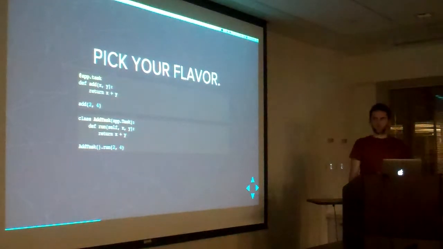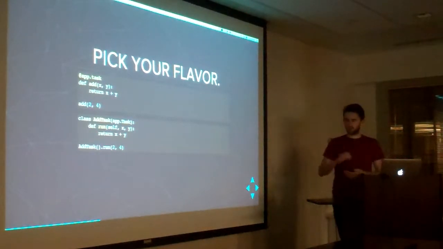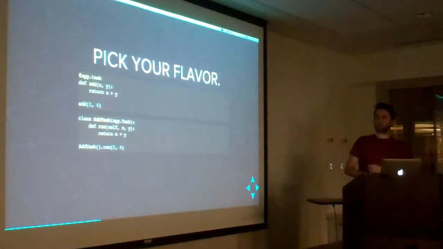Cool. So I mentioned before this app.task decorator transforms your function behind the scenes. Celery gives you a lot of options on how you want to declare and run things, and maybe I have a few more examples of where that becomes apparent later on. What this is doing behind the scenes is transforming it into a Celery task object, where it's moved the logic from the function before into this method inside called run. I can still call the function as I'd like to normally, but I could also write it in this way